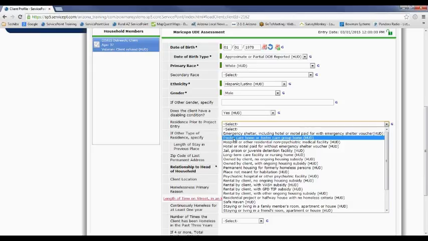Emergency shelter, foster care home or foster care group home, hospital or other residential non-psychiatric medical facility, hotel or motel paid for without an emergency shelter voucher, jail, prison, or juvenile detention facility, long-term care facility or nursing home, owned by the client with no ongoing housing subsidy, owned by the client with ongoing housing subsidy, permanent housing for formerly homeless persons, this means permanent supportive housing, place not meant for habitation. This is what I'm going to choose today, but I'm going to go ahead and explain the rest of the